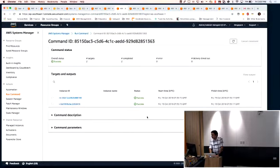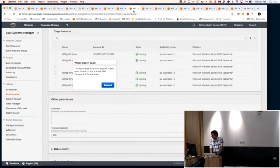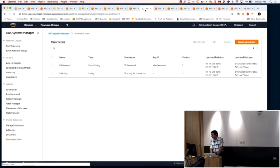So in Parameter Store, what do we do? Here I have 2 parameters already created in the store. One is my DB string, it's just a connection, and you have a secure string. And for this secure string, you can either have the default KMS key that is used to encrypt the secret, or you can bring in your own key and that's encrypted. So not even SSM has access to it. It's encrypted with your own key and it's decrypted whenever it's pulled in. So I have this pre-created, and now